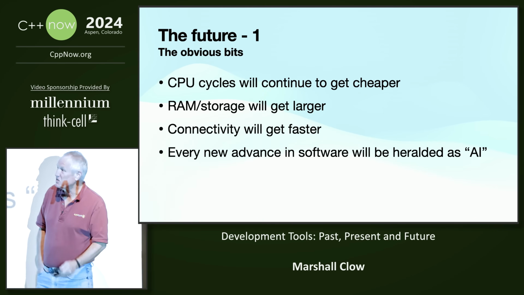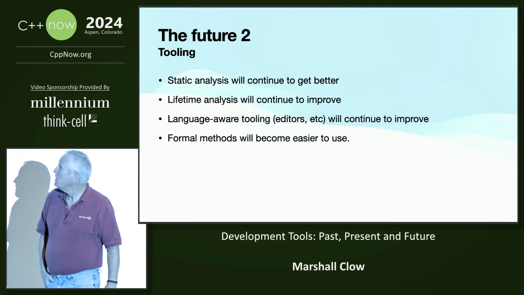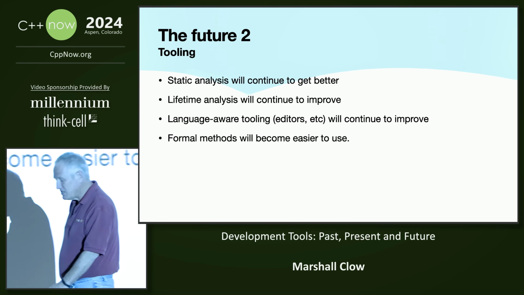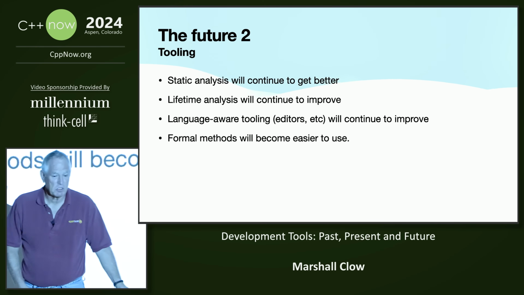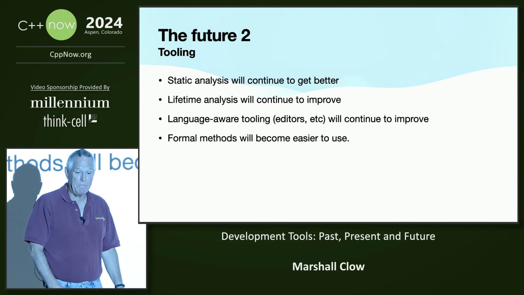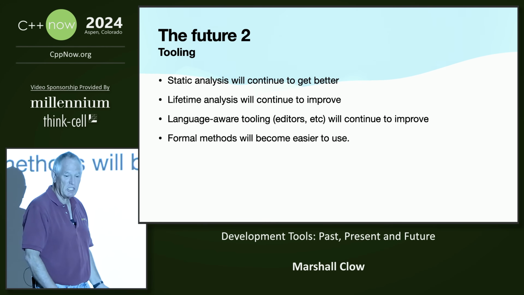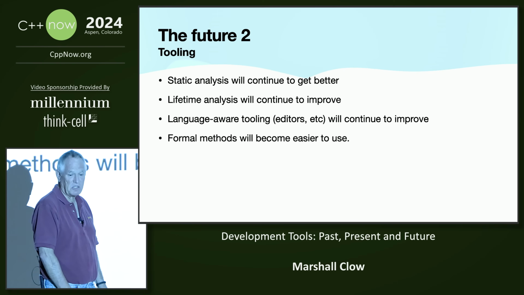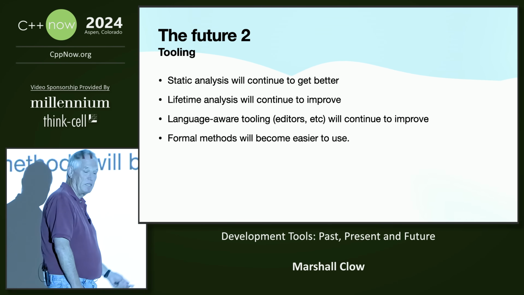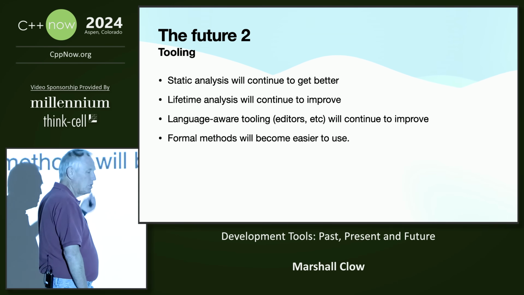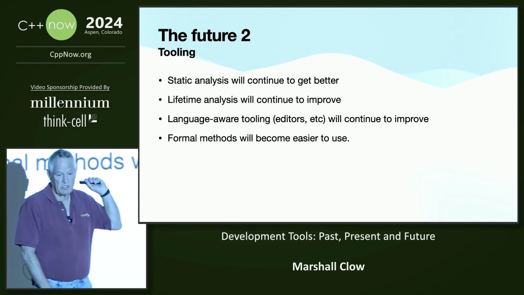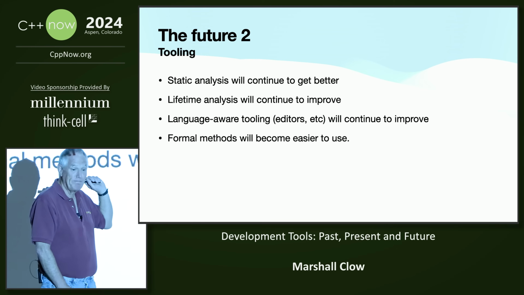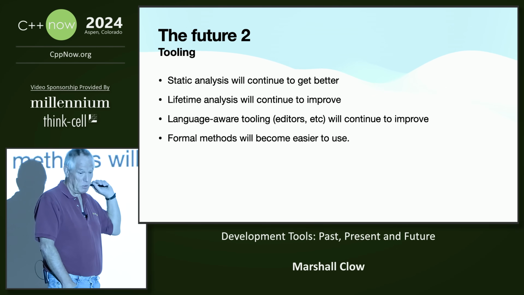Let's move off the duh slide on the things that are. Static analysis will continue to get better, okay? Clang-Tidy is really a framework for writing small static analysis tools, but bigger static analysis tools will continue to get better. Xcode has a fairly nice static analysis stuff built in. Other IDEs do too. And then there are large commercial products that will do static analysis. And those are almost all CPU bound for large projects.